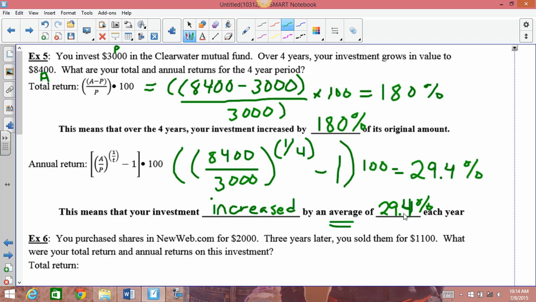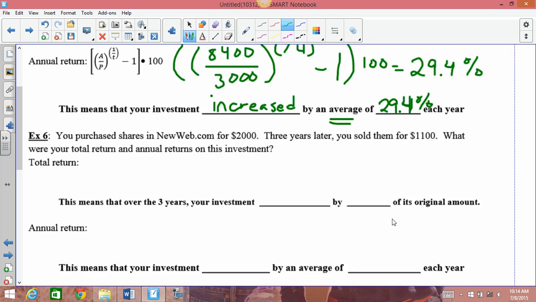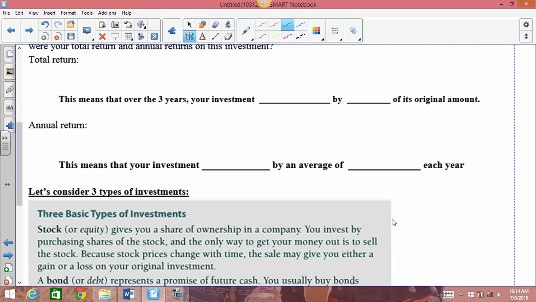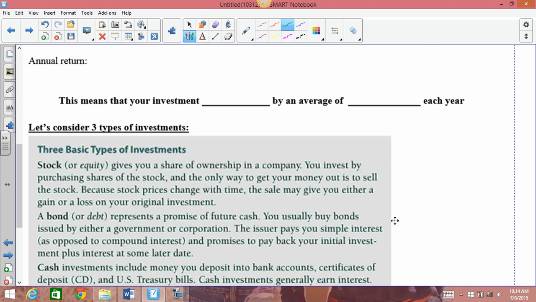So it doesn't mean that it's increased by that much each year, but that's an average. Some years it had a better return, some years it had a worse return, but that's the average return each year. Okay, I'll let you try example 6,